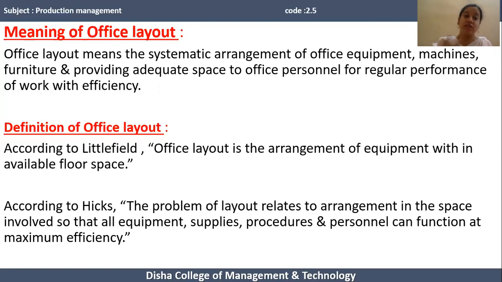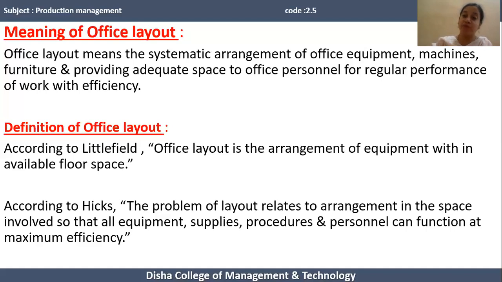So next comes the meaning of office layout. Office layout means the systematic arrangement of office equipment, machines, and furniture, providing adequate space to office personnel for regular performance of work with efficiency. Office layout is a systematic, sequential arrangement of office equipment, machines, furniture, and it also ensures that adequate space is available for office personnel,